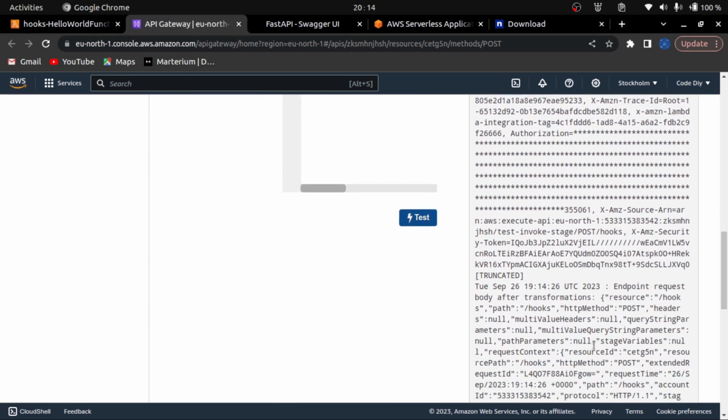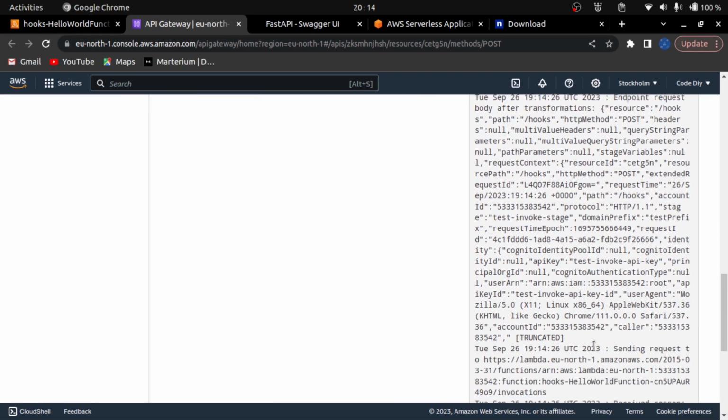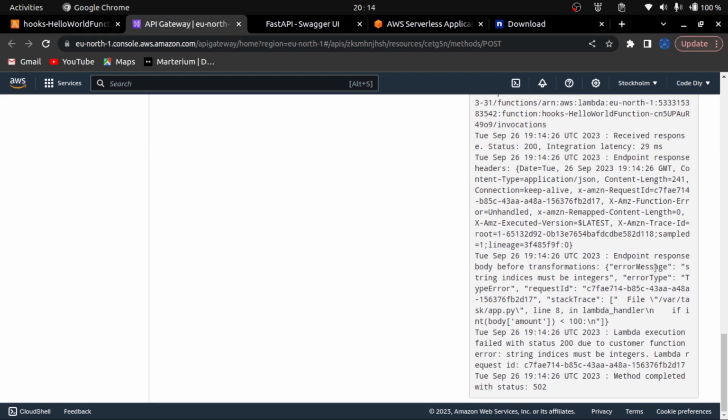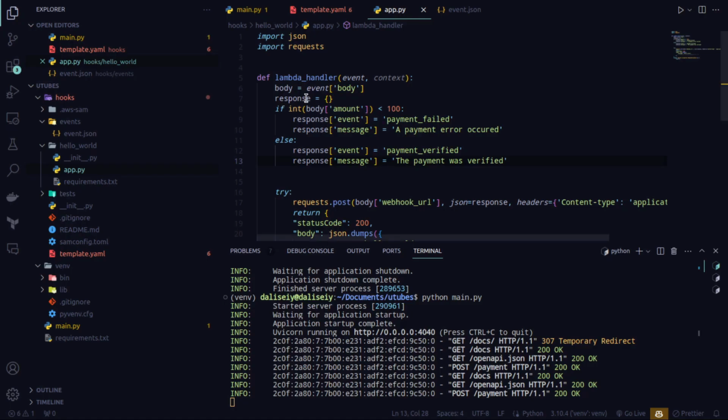Test, and okay, so what's the error message we have right now? It says string indices must be integer, type error, request if int body amount. Okay, string indices must be integer. I think I get where the error is coming from. So it's very possible that